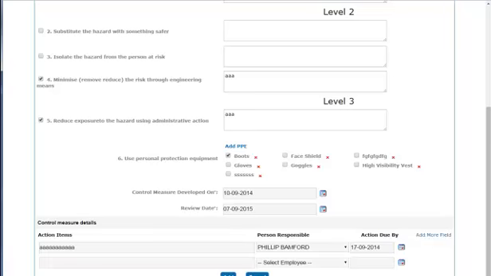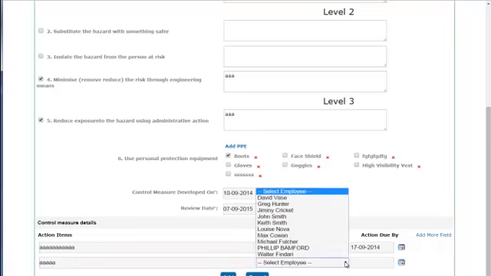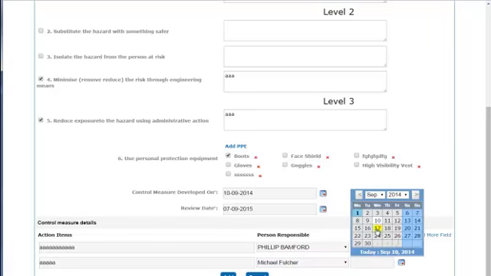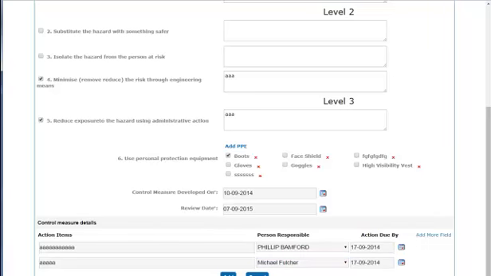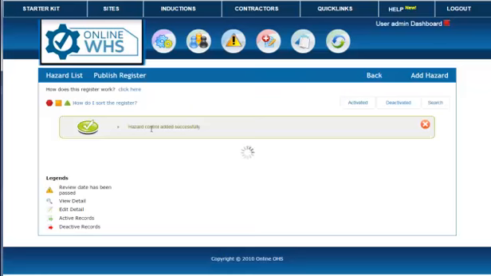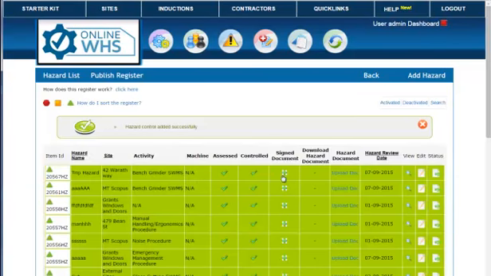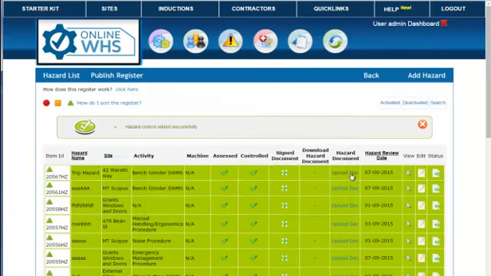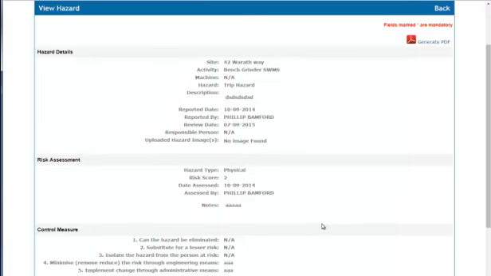And you can actually select as many items as you want here, and different people to be responsible for that by a due date, and you can select add. So it goes green inside the system. You can upload documents or any other additional information here, upload any photos, whatever it may be that you want, but the system's automatically taken that data and built that into a document that you can generate into a PDF